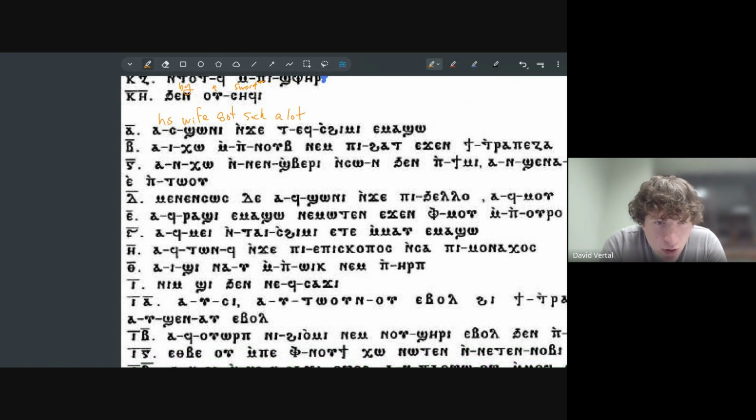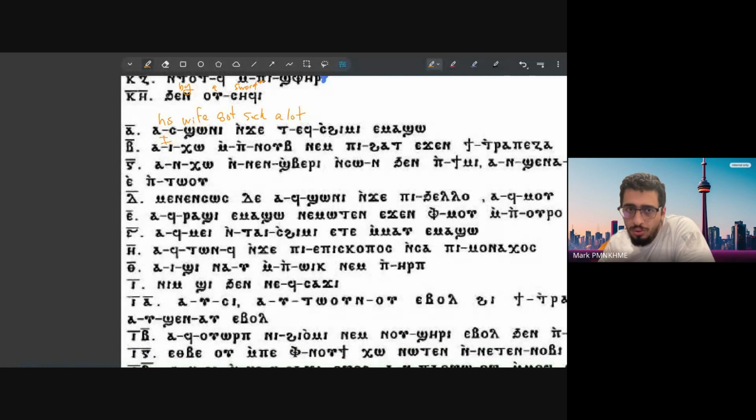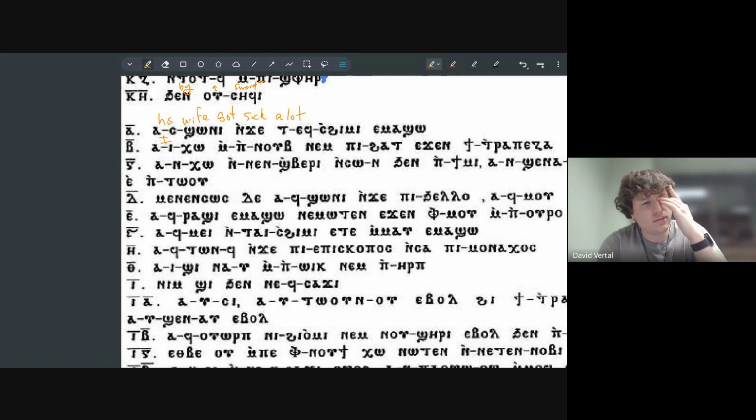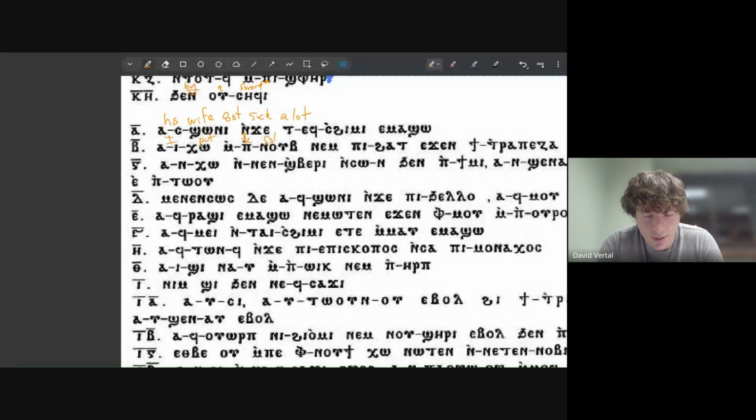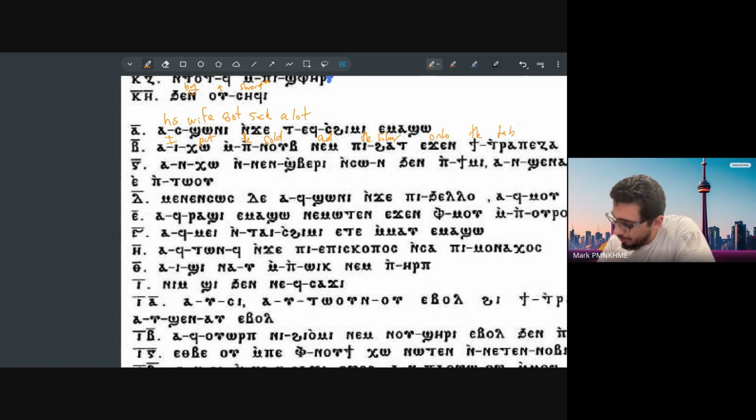Ako empenob nem pihat agenti trapeza. I can't remember what ka is, and I looked at it multiple times. You mean ko? Oh yeah, ko. Ko is put. As simple as that. Just put. I put the gold and the silver up to the table, or onto the table. Yeah, perfect.